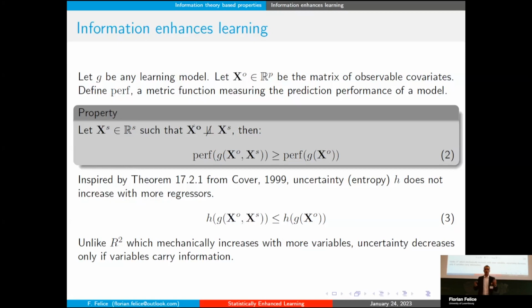So what we have here is, if you add more variables, a bunch of variables that are still uncorrelated to the target variable that you want to predict, or the other variables, you will just do unnecessary things, and so the performance will just be the same. So if you have independence between the XO and the XS matrices, you will just basically end up with an equality here, which just means that you're not doing anything in terms of performance.